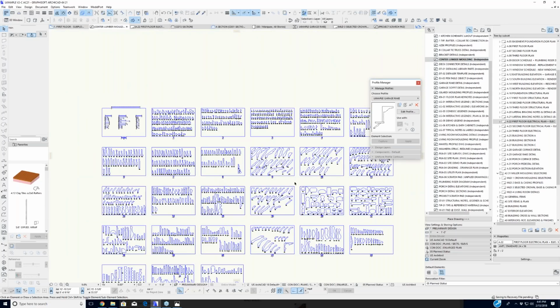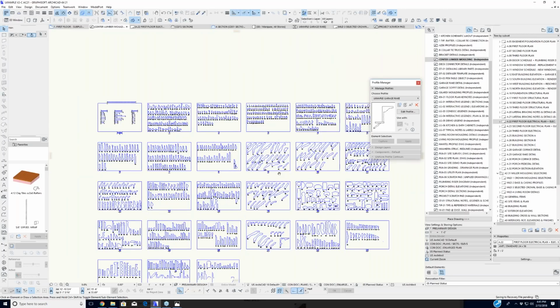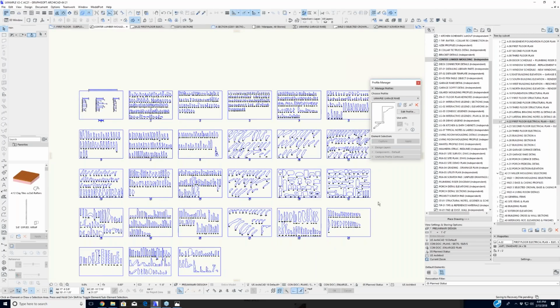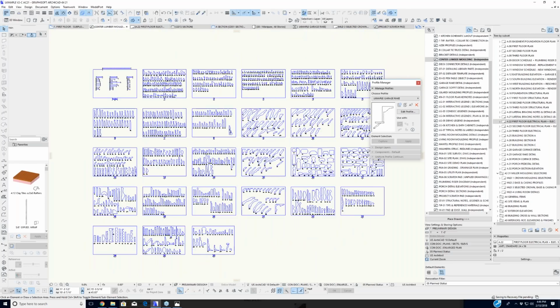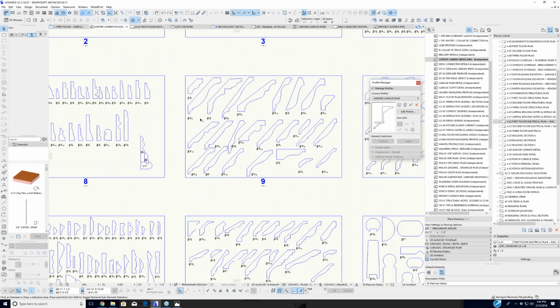Oh, what is this? This is your library of molding profiles? Yeah, a lot of this isn't going to pertain to whoever's watching this all around the world. But in this area, when you're doing a lot of historic structures, there are companies that actually make these moldings. And these moldings are coming from a catalog. And if you zoom in on one of these,